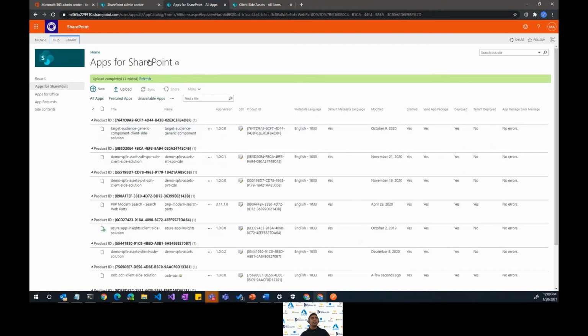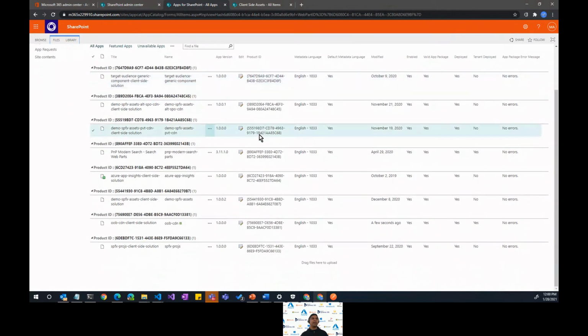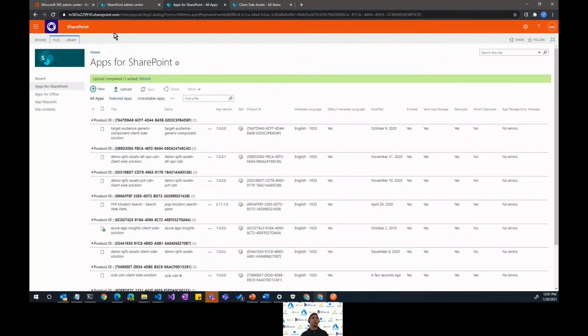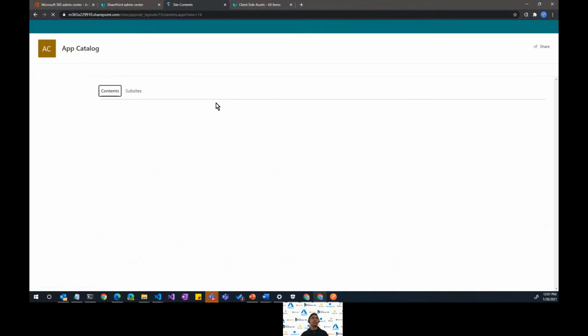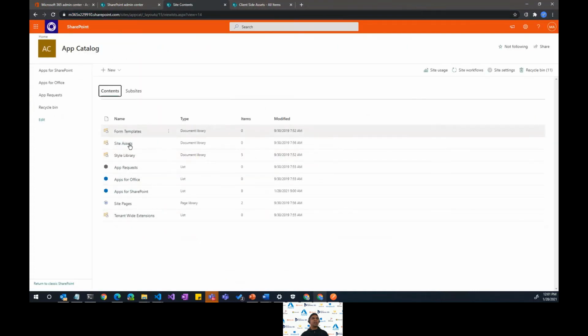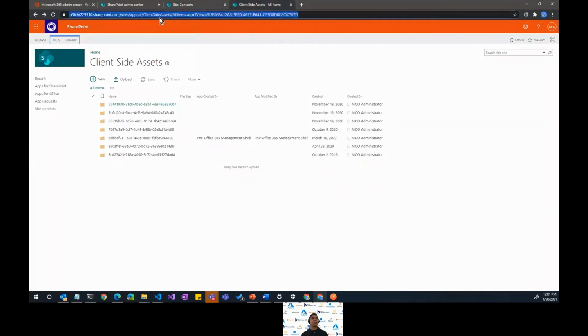Behind the scenes, SharePoint is going to extract the contents of that SPFx and upload the client-side assets to a standard location within the app catalog site. If I look at site contents, you will not see that library over here because that's a hidden library. But if you navigate to the client-side assets library, you can see all those folders.